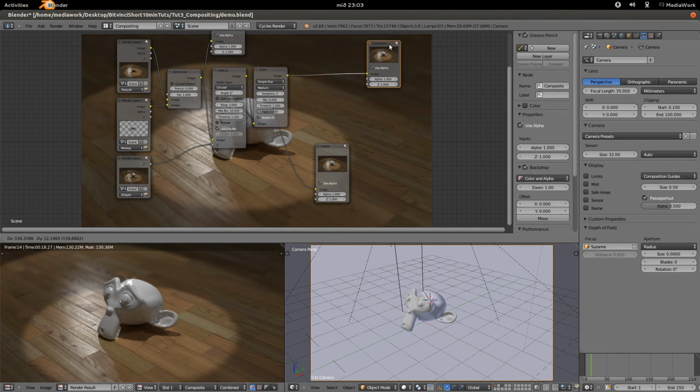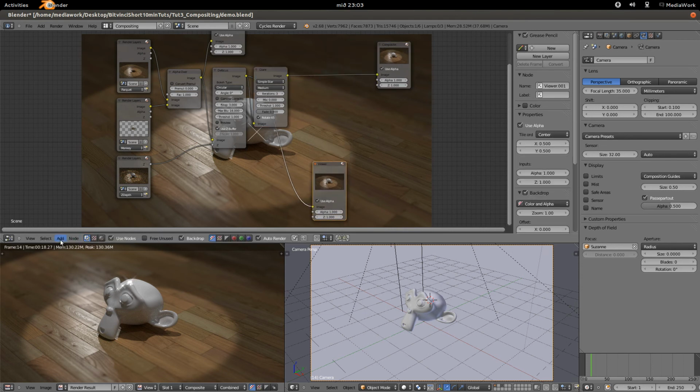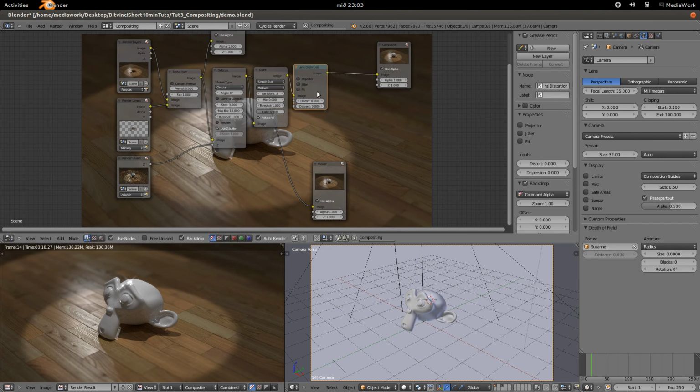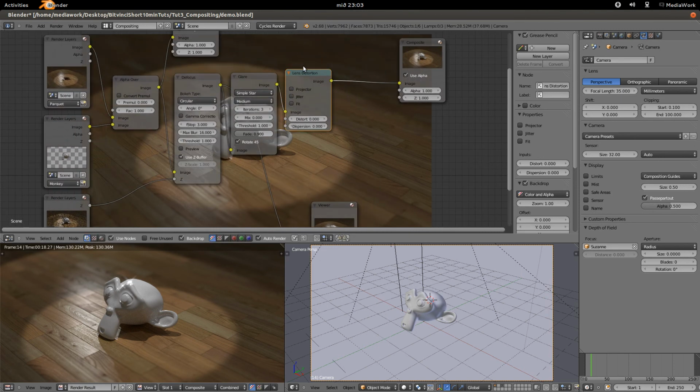And a third kind of effect is dispersion, color dispersion in the fringes, the periphery of the lens image. We do that by selecting distortion and lens distortion, and then we can add a number of effects related to lenses. It seems like also something related to the camera sensor, but you can read about that. So for dispersion, we can set this to a moderate value of 0.05, and then we should begin to see